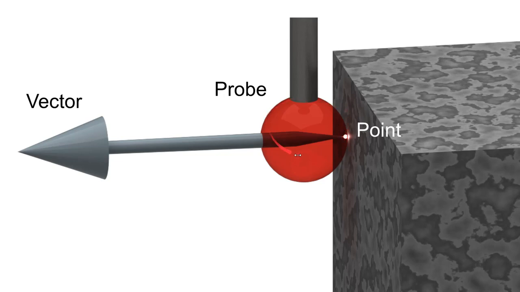And the way that the CMM knows that this is the point of interest is that the CMM would have been traveling toward this surface when it touched it. Okay, and so it will infer, based on the fact that it was traveling in this direction, and the fact that it knows the size and really even the shape of this sphere down here, it can calculate that the point that it should record is out here on this surface.